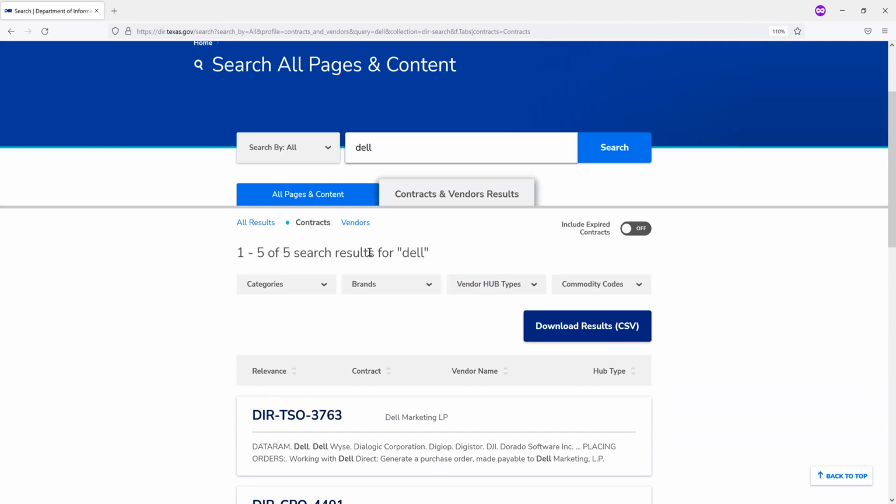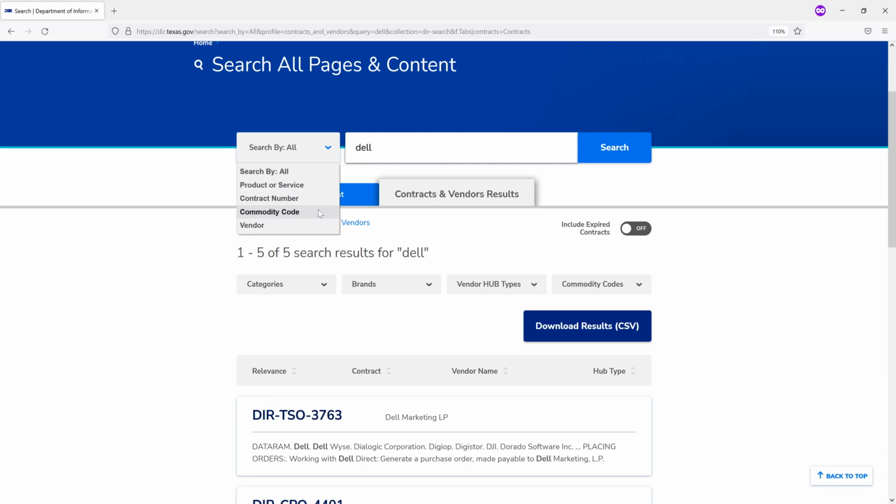I also wanted to show y'all, if you're looking for a specific commodity code, depending on what you're looking for, you can use this drop down next to the search and search by a specific field.